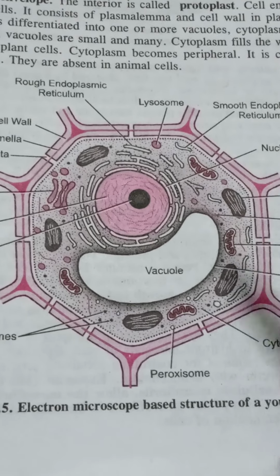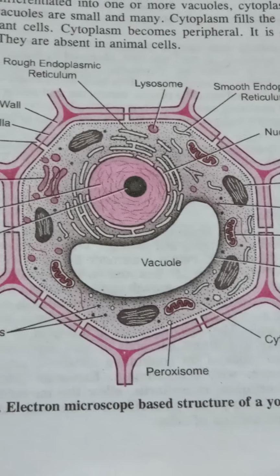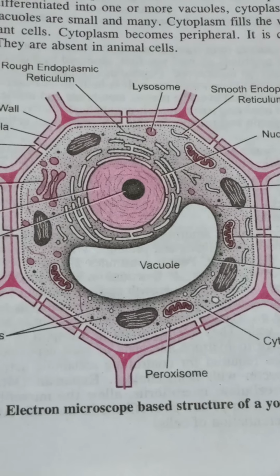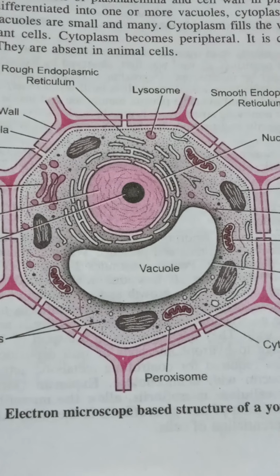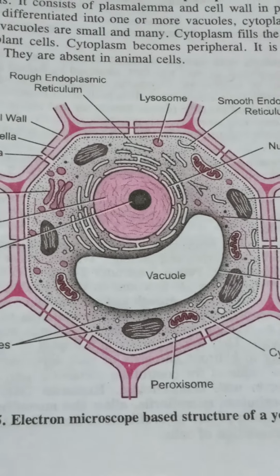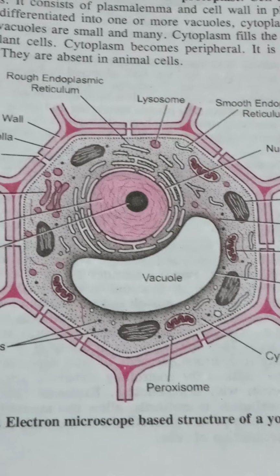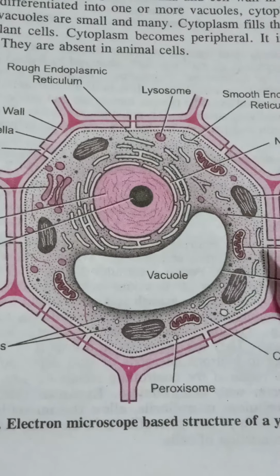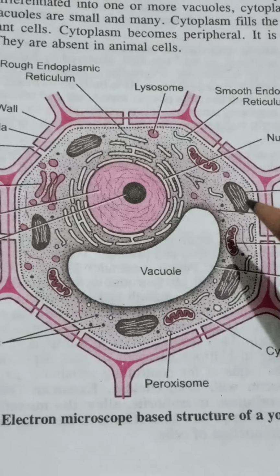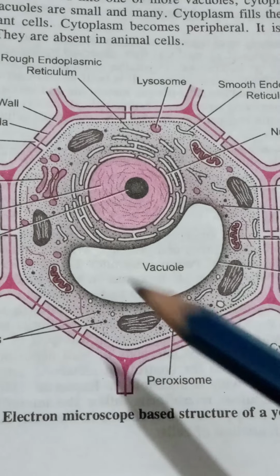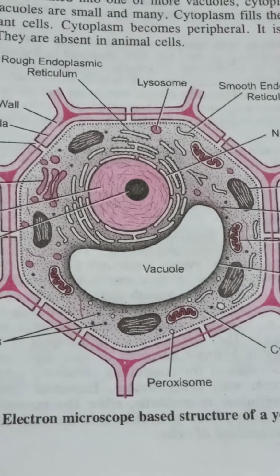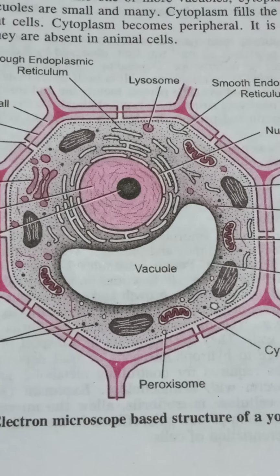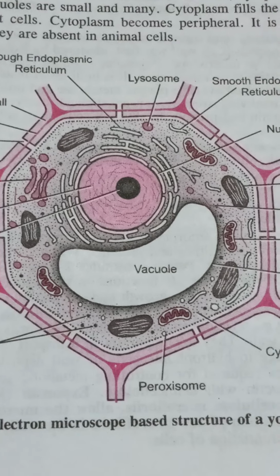One is the cytosol and the other is the cell organelles. So what is actually cytosol? Cytosol is also known as the cytoplasmic matrix, or the hyaloplasm. That means the fluid part. And the other part, the cell organelles, like you can see here, the mitochondria, then chloroplast, endoplasmic reticulum, all these other organelles come under the second part, and the first part is the liquid, fluid part, which is called the cytosol.